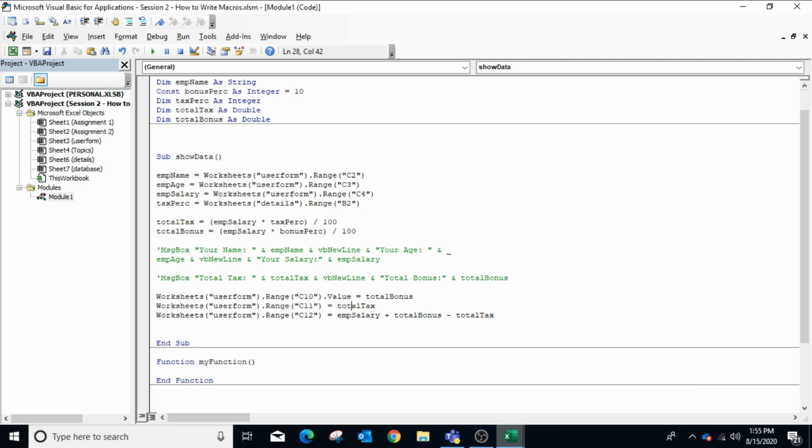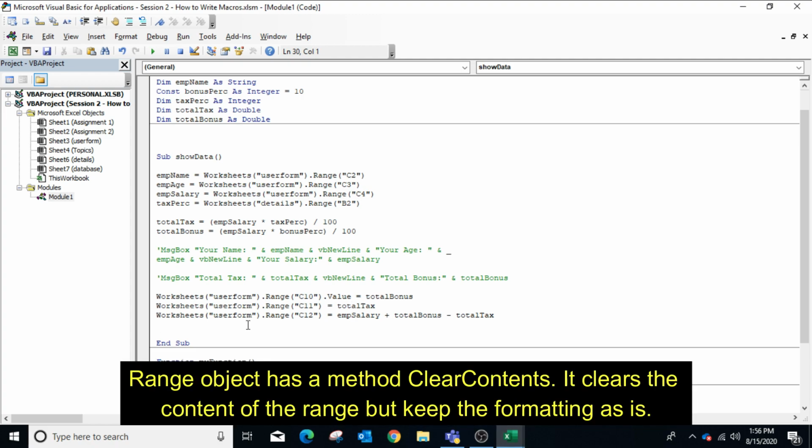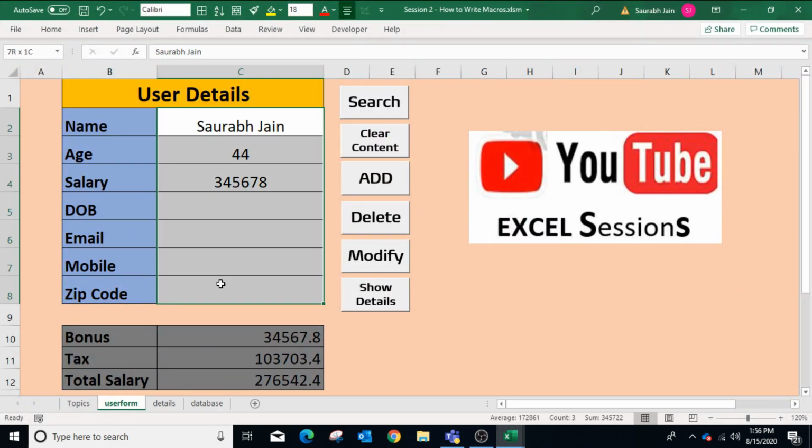Range object has another method, ClearContents. The ClearContents method deletes the content of the range but keeps the formatting as is. In our form, we want that on pressing the Clear Contents button, the data filled in cells C2 to C8 and cells C10 to C12 should be cleared.